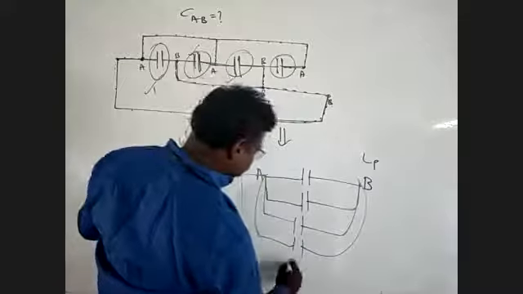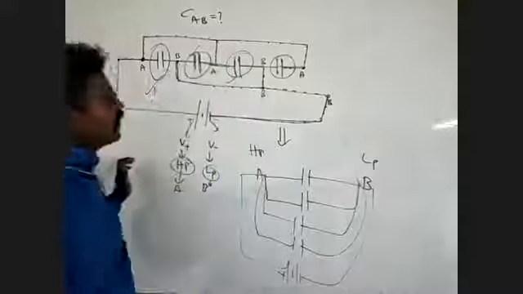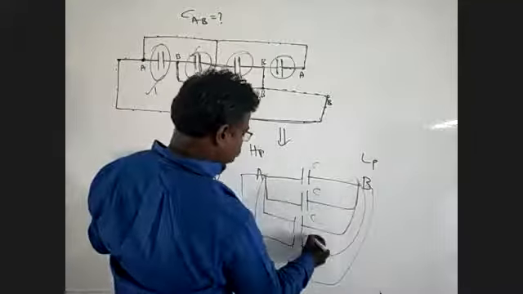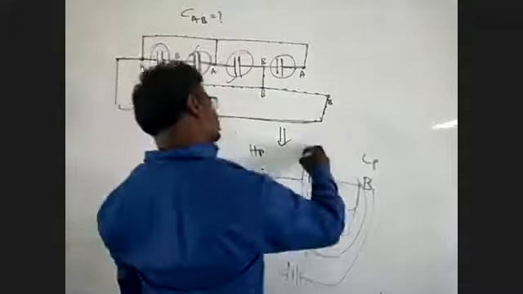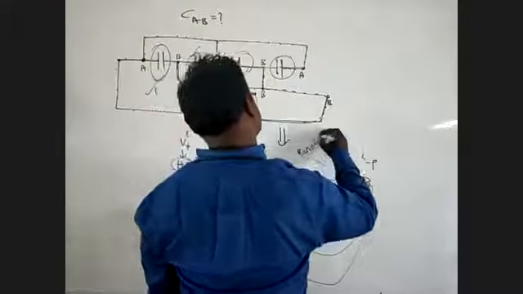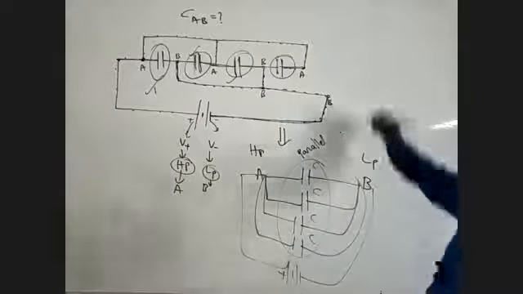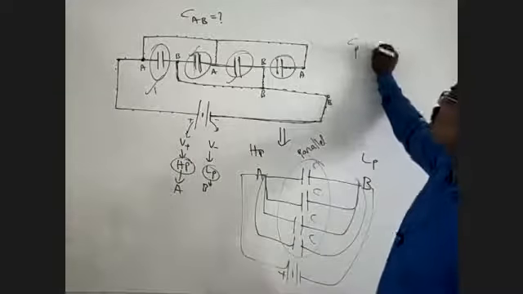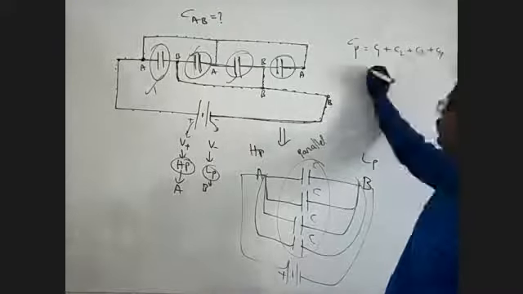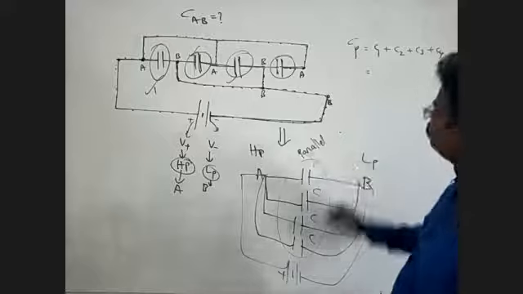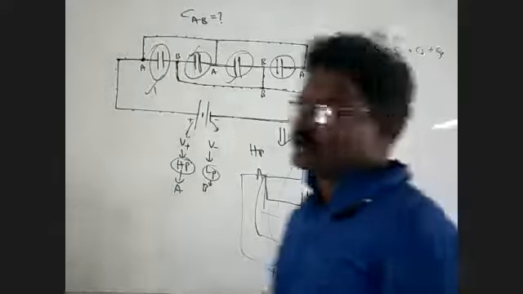Now this circuit is closed. All capacitors are identical capacitors. All are in what type of connection? This is a parallel connection. So what is the parallel connection formula? C parallel is equal to C1 plus C2 plus C3 plus C4. C1 means how many? 1, 2, 3, 4. This is 4C, your answer.